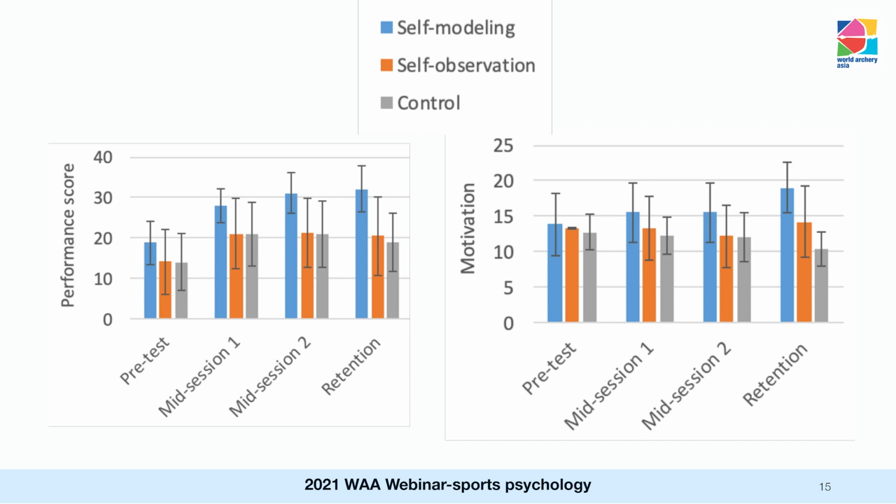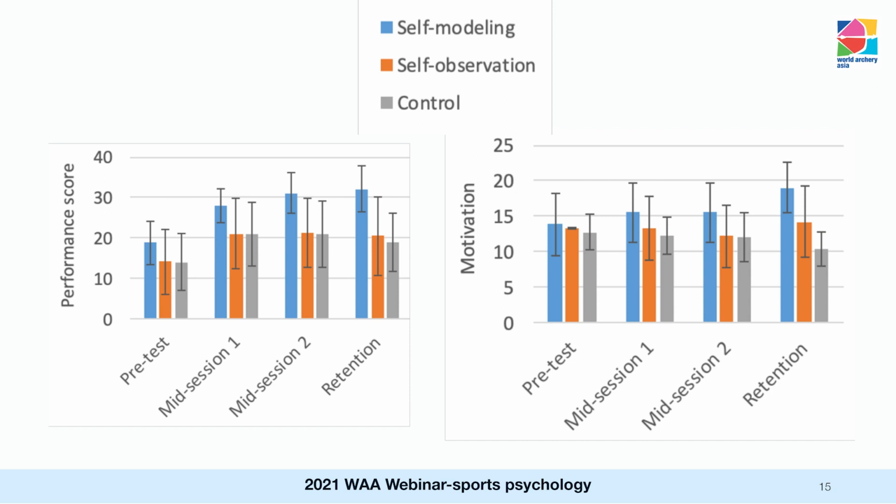Okay, and then the other two groups have no difference. Now let's look at their motivation level. In the beginning of the training, the three groups were not different, but when the training continues and until the retention test, we find that the self-modeling group has higher and higher motivation level compared to